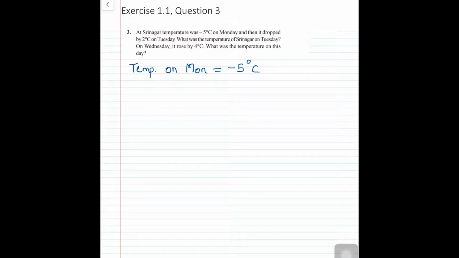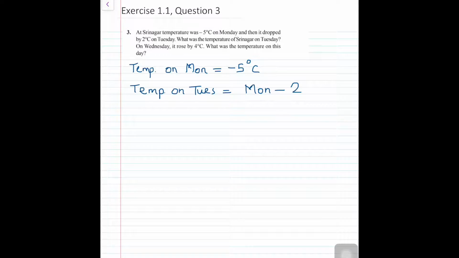Then it is saying that it dropped by 2 degrees Celsius on Tuesday. Dropped means it has decreased. It has decreased compared to Monday. It has gone down on Tuesday. So whenever it is decreasing, we have to subtract. Okay. So temperature on Tuesday will be the temperature on Monday